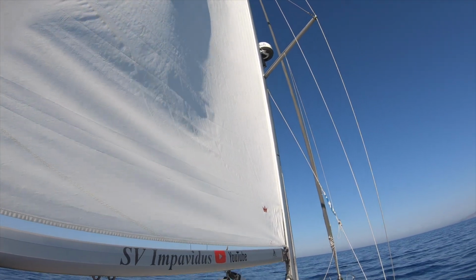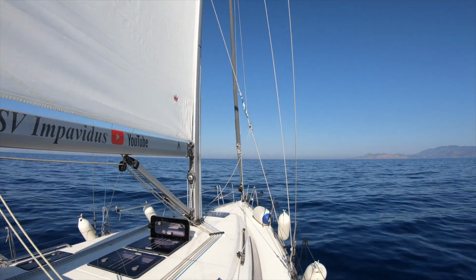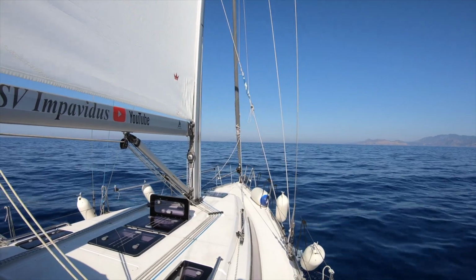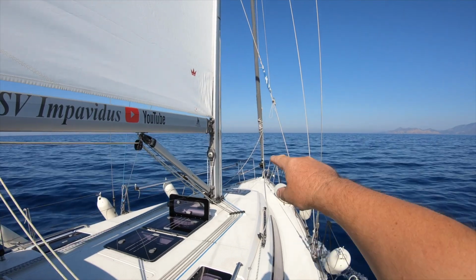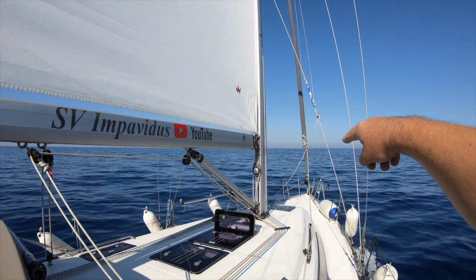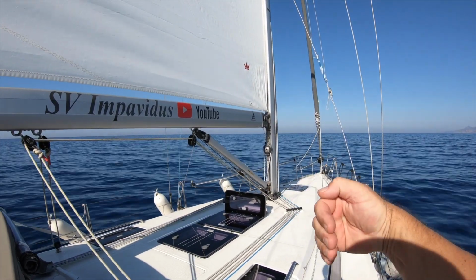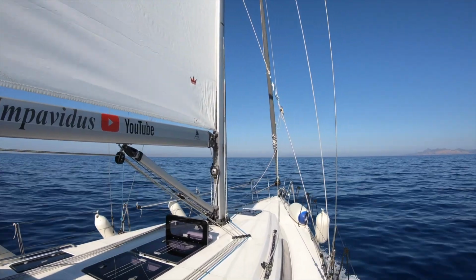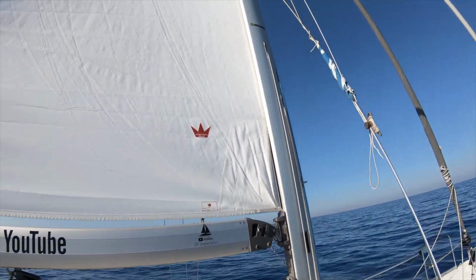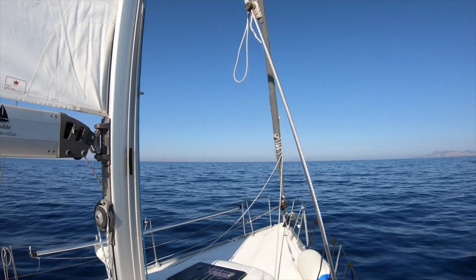Sail keeps backing. We're on about 6 degrees apparent, and we can sail about 22 degrees apparent with the jib. What we have to do is the leeward sheet will then get tightened as well, and that pulls the back of the sail in, flattens it right out. We can then get down to about 22 degrees apparent, but it's 6 degrees apparent now. As you can see, the main is backing every now and then. We're motoring at about 1800 RPM,